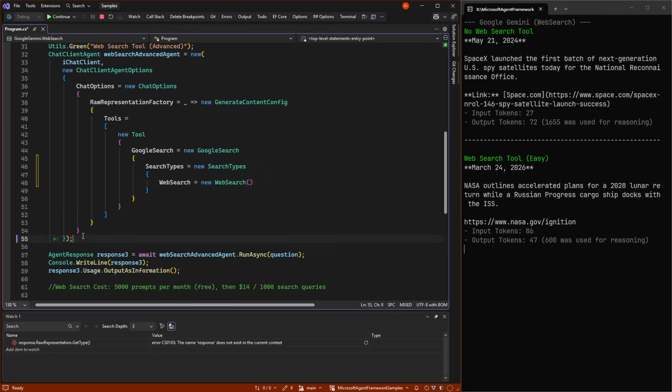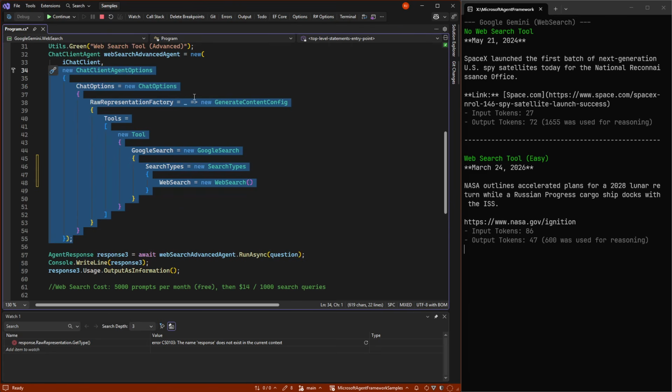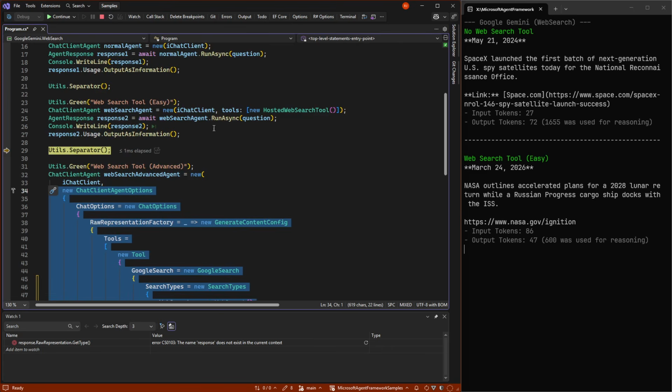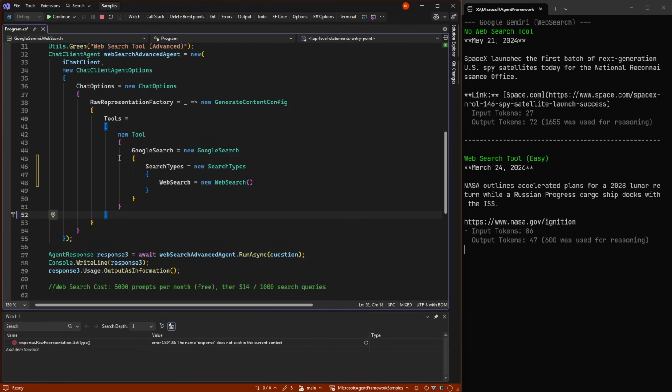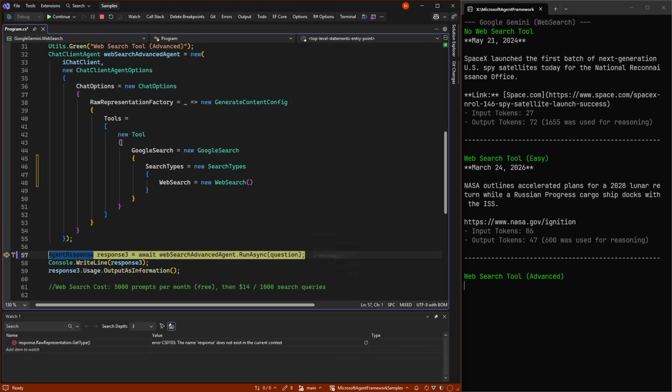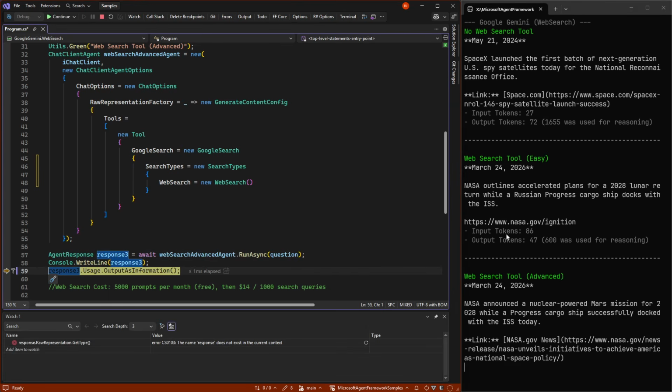So in reality, you don't really need to do this unless at some point we get further things. We just use the hosted web tool. But in the end, this can do exactly the same and will give more or less the same result, being AI, of course. So we get our third response, and it's a different news because there's multiple news today.